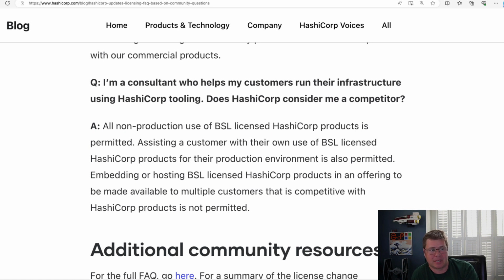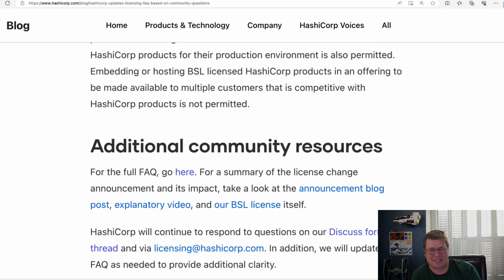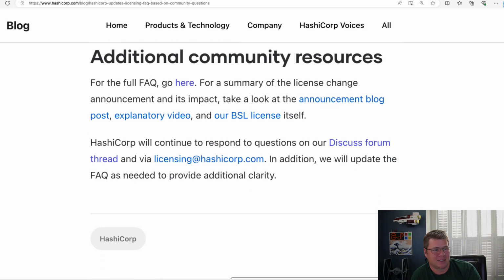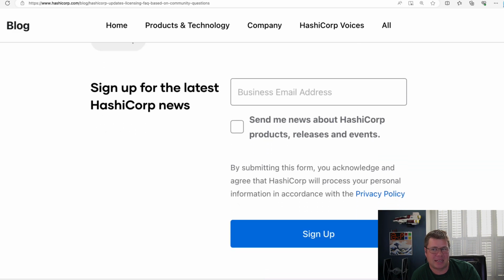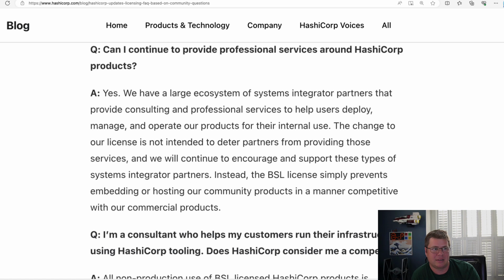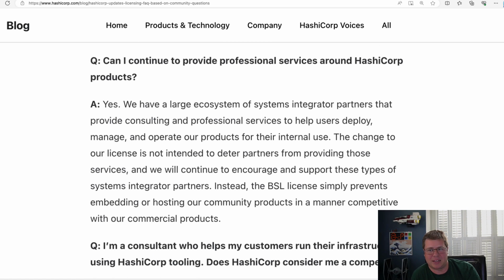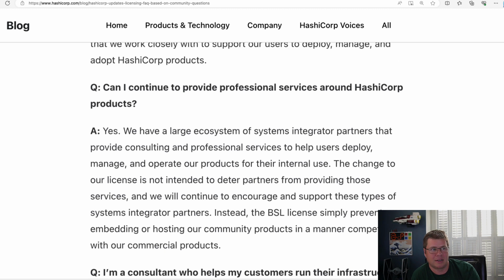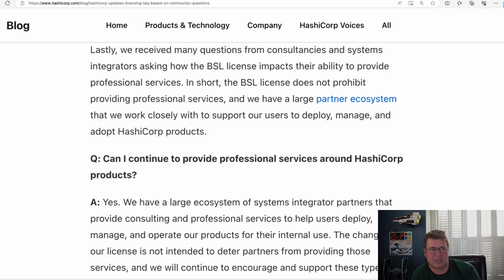Embedding or hosting BSL licensed HashiCorp products in an offering to be made available to multiple... we're back at this again. It's like, same. Yeah. In case we didn't get it the fifth time. There you go. So that's it. That's the update. There's some nice clarity around cross-compete. I feel like there was a little bit of captain redundancy on some of these really